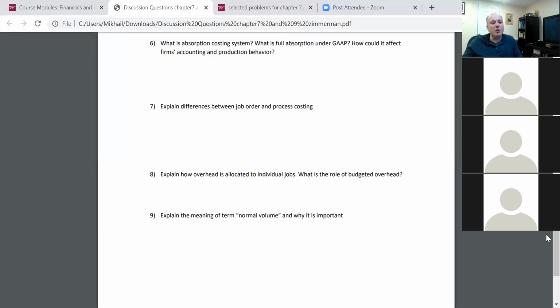You should be using some sort of normal volume over time, a moving average or average volume over a period of years or months. And that's because you want to insulate this allocation or this estimate from sudden production shocks or sudden volume shocks. You want to take some sort of stable average. And those are the big ideas in these two chapters. Any questions, thoughts, concerns?